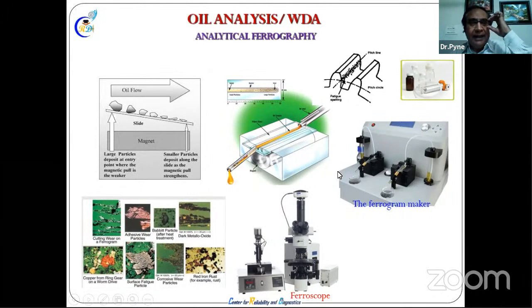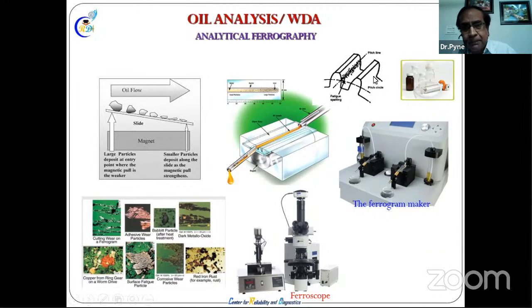You take oil, then you take the oil for properties testing, and you take the oil for machine condition. How do we come to know the machine condition? The oil visits certain places inside the machine. If the machine has any wear particles, they will come into the fluid, the liquid, and that we test in a laboratory and we get the analysis. So this is also a very vast subject, just giving you oil debris analysis, or ferrography as it is called. Most are ferrous particles, so it was given the name ferrography, but non-ferrous particles also get captured and we analyze them.